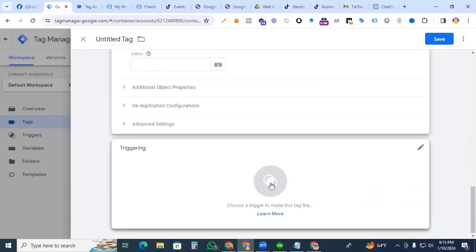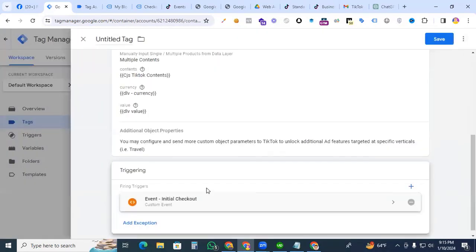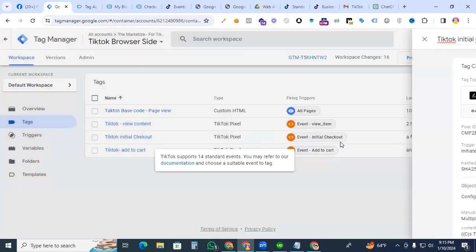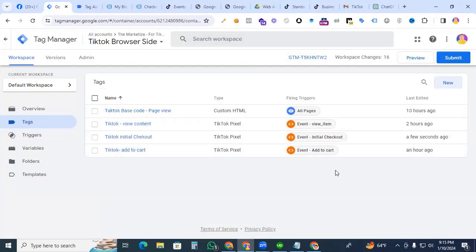Then we go to the triggering, initial checkout, and now put the tag name. That will be TikTok initial checkout. Save. We have already completed the process. Now we go to the preview options to see whether our initial checkout event is working or not. Then preview,